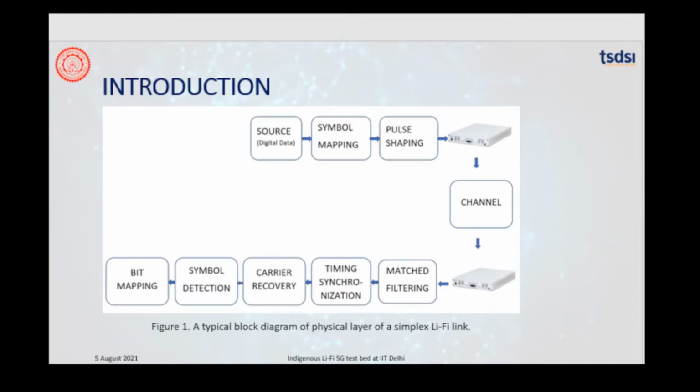The output of the receiving USRP will then go from passband to baseband, and this baseband signal will undergo matched filtering as well as timing synchronization. The received signal obtained after timing synchronization will contain some phase or frequency offset. So in order to compensate for the phase offset, a carrier recovery circuit is used. Then the symbols will be estimated from this received signal and mapped into bits. This symbol to bit mapping will be the reverse of the bit to symbol mapping we have used at the transmitter.